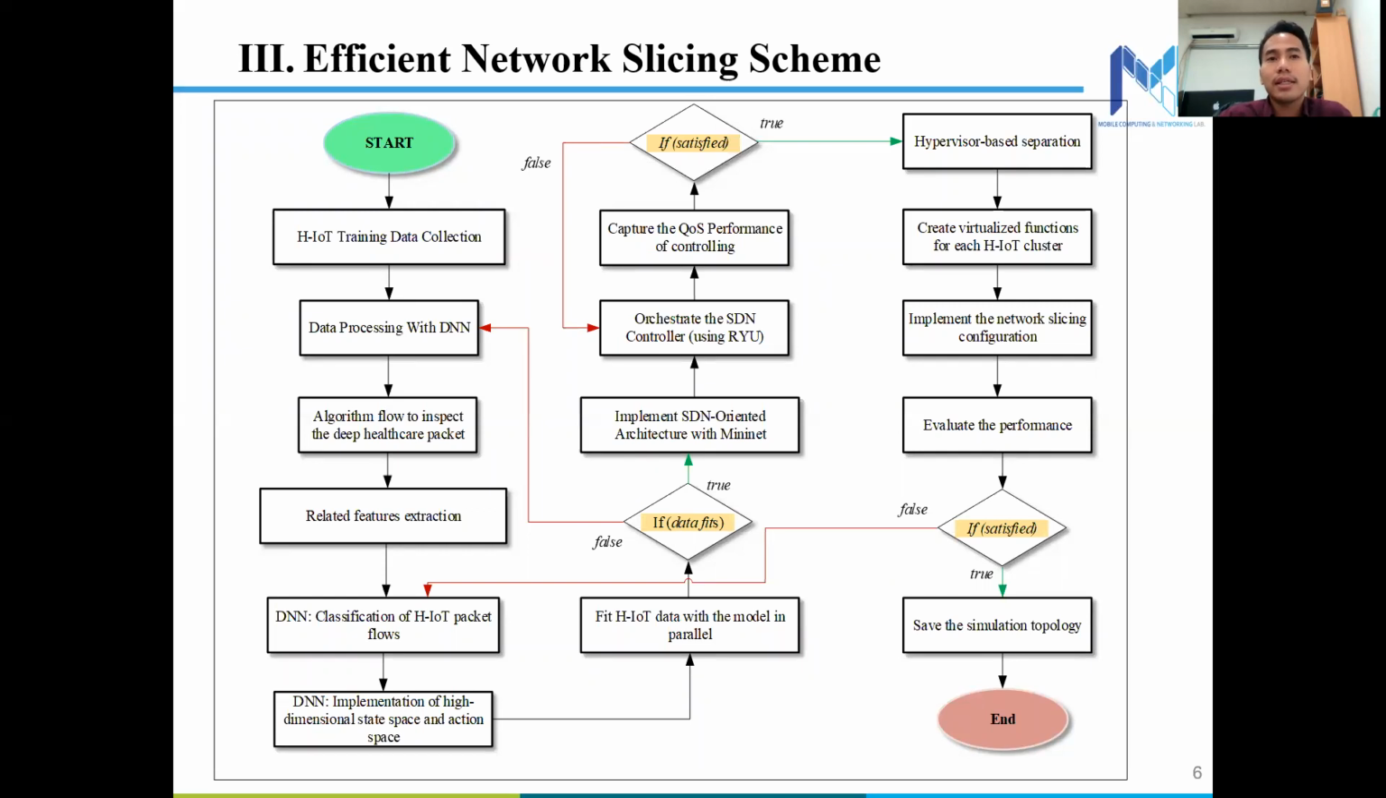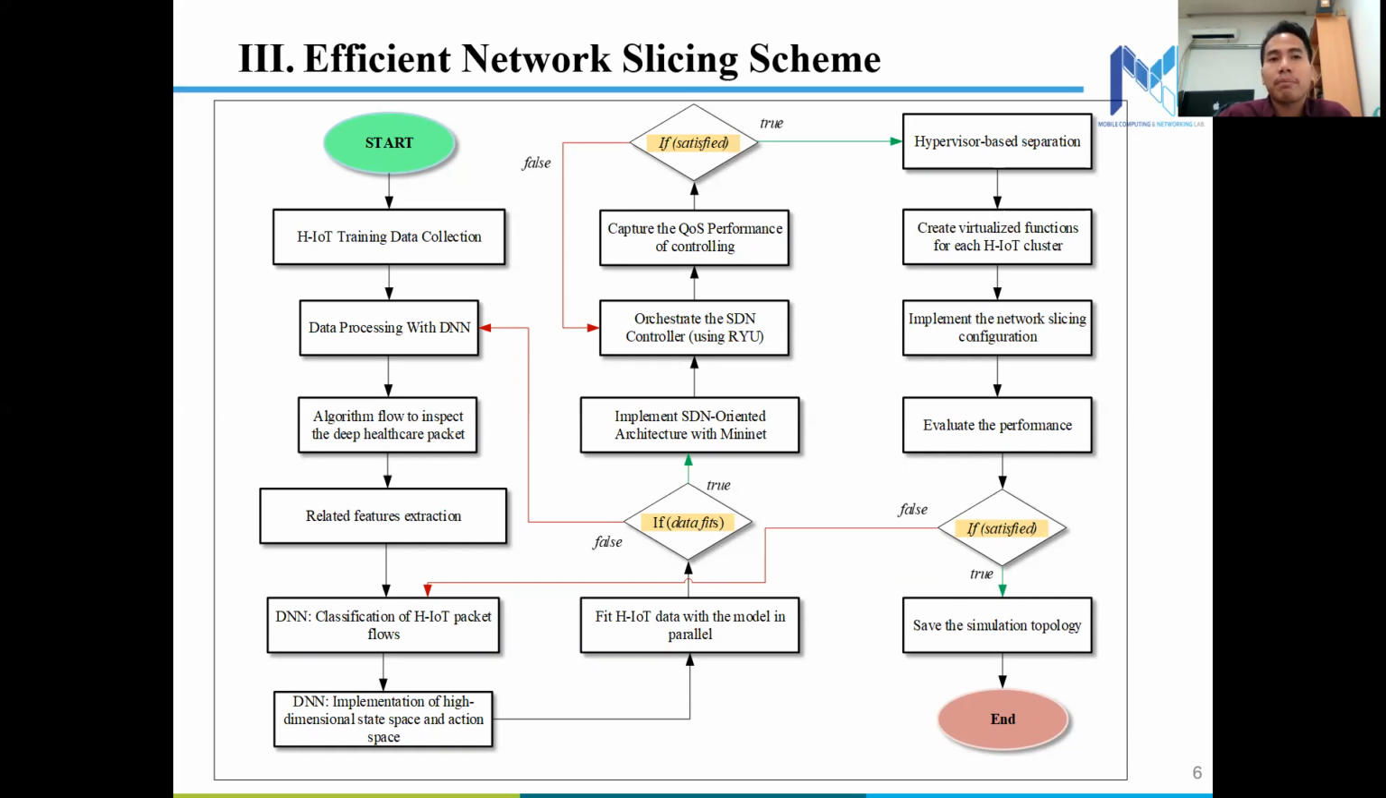training data collection, and then the data are processed by deep neural network with multiple conditions as hidden layer function, and it is imported from application service requirement, and then the algorithm flows to inspect the deep healthcare packet, which is required to identify the related features in the communication network. Next, the classification of packet flow is initialized by applying Adam function as the activation algorithm and ReLU method as